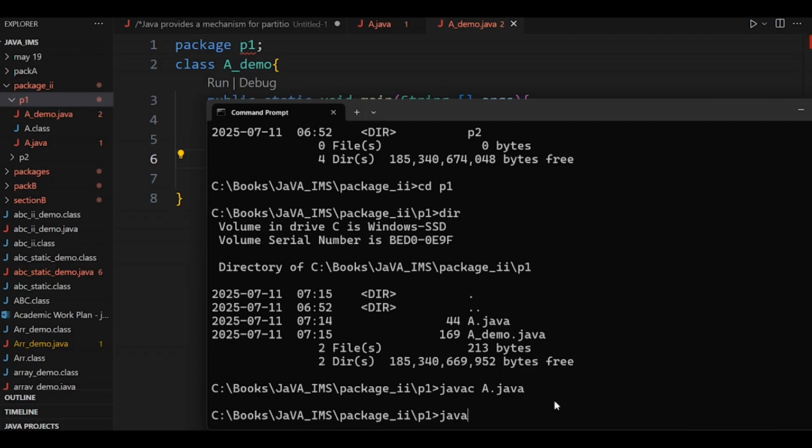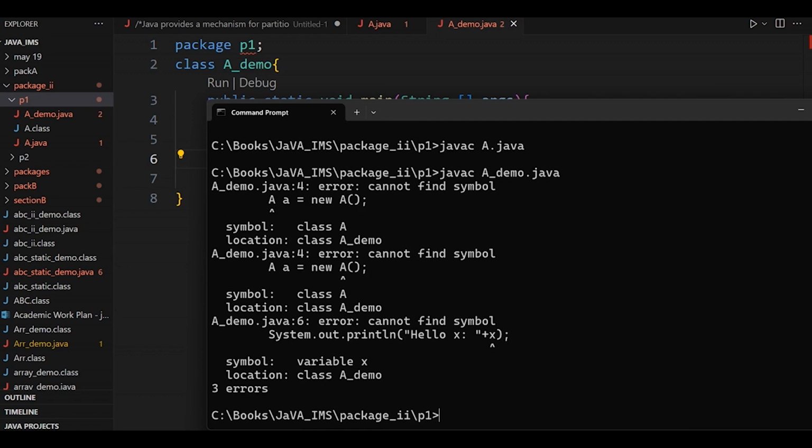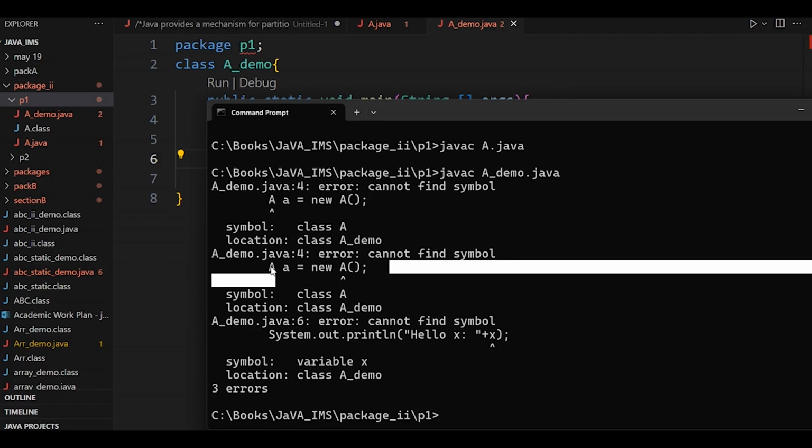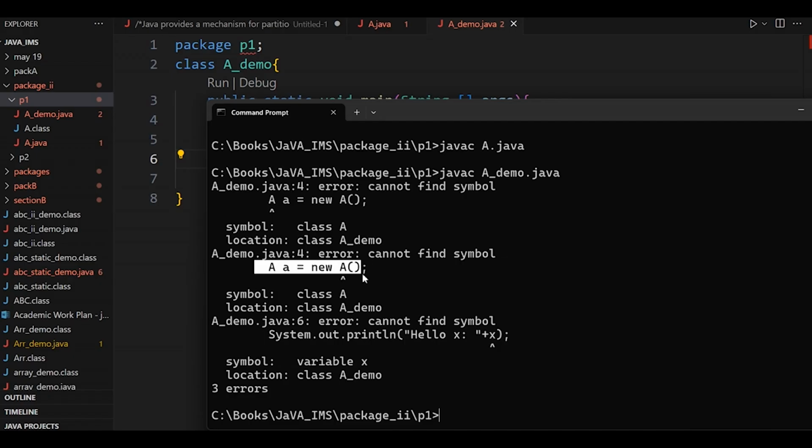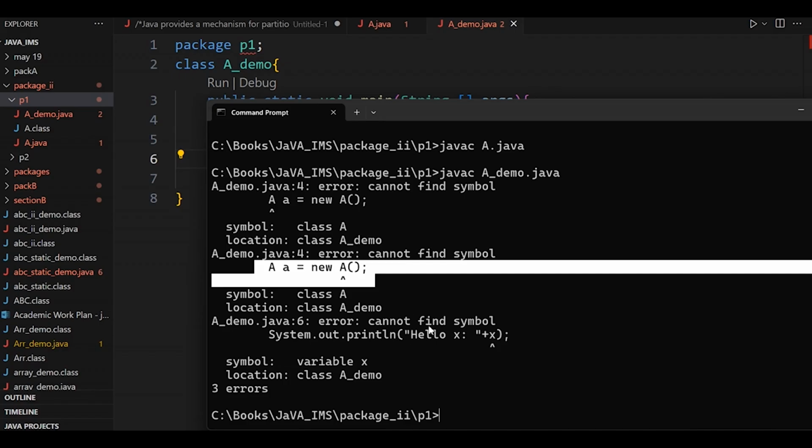Now let's compile a_demo.java. It is not able to compile. You can see this here. What is happening is it is not able to find this class a. Even though a is in the same folder, this a_demo is not able to access it. So what we have to do is we have to compile this file